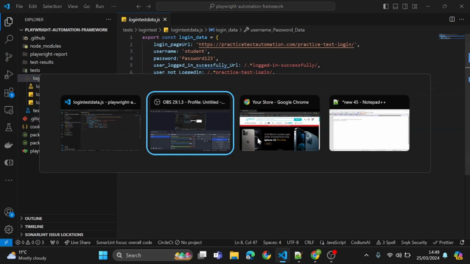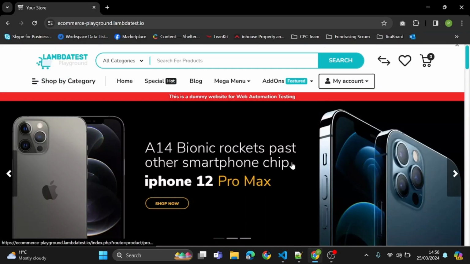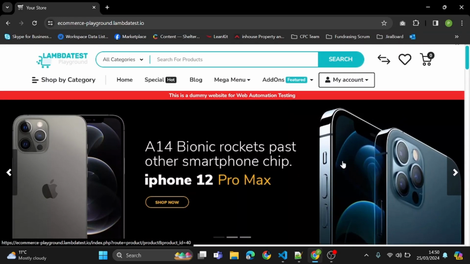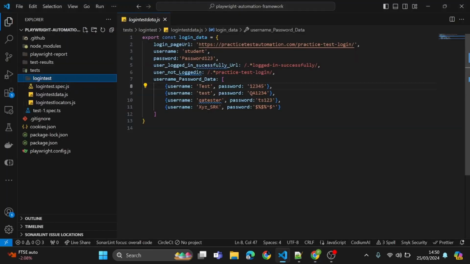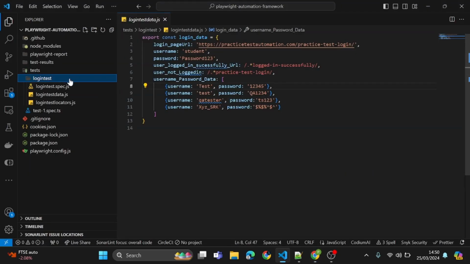I have found a very good playground to do some testing. We're just going to use that login folder for another website. So I will close this one and do Control C